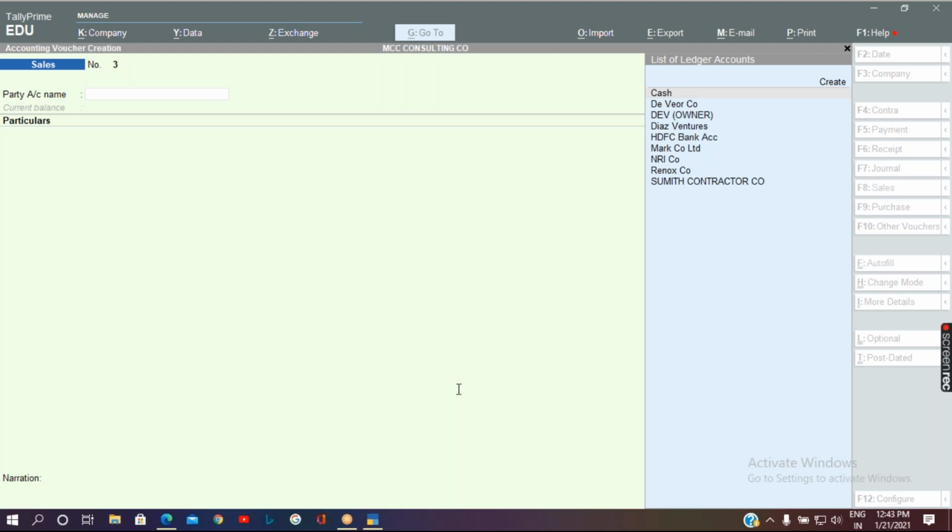Whenever you are going to deduct TDS on expenses, direct TDS on expenses needs to be passed through a journal voucher.